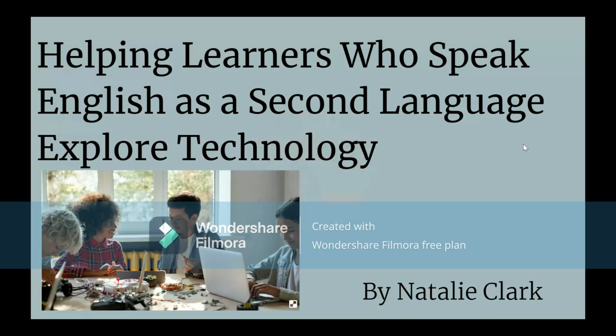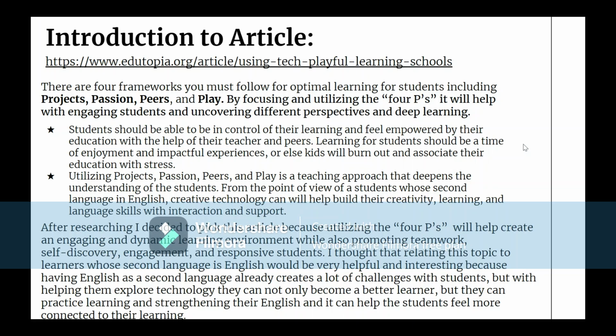Hello, today I'm going to be talking about how to help learners who speak English as a second language explore technology. So, an introduction to the article, there are 4 frameworks you must follow for optimal learning for students, including projects, passion, peers, and play. By focusing on and utilizing the 4 Ps, it will help with engaging students and uncovering different perspectives and deep learning